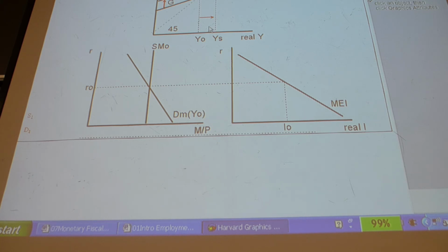How much does Y increase by? Do you know? You do know, actually. How much, not as a number, as a concept. How much does Y increase by? Don't forget this, everybody, because this is really important. It increases by